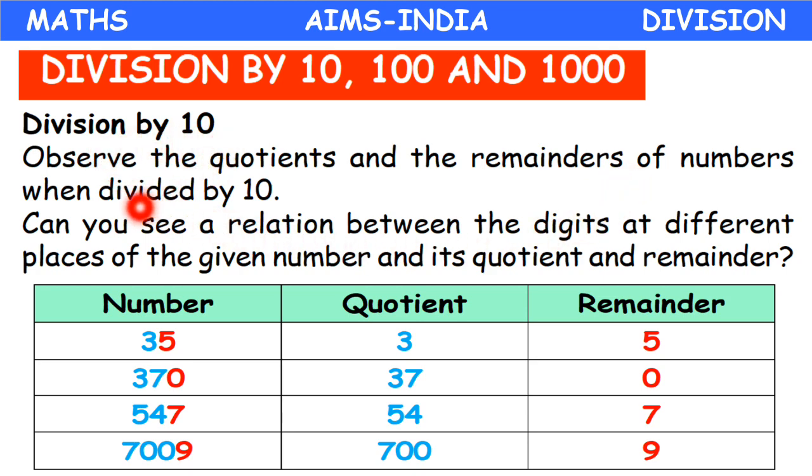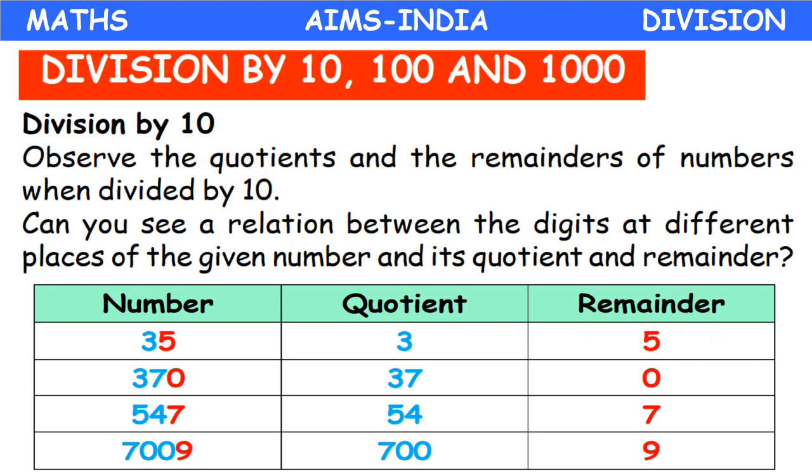Now division by 10. Observe the quotients and the remainders of numbers when divided by 10. Can you see a relation between the digits at different places of the given number and its quotient and remainder? Now what are they saying? See, here we are having 4 numbers. When divided by 10, these numbers gave these numbers as the quotient and these were the remainders. Okay, so what we need to do is observe the number, quotient and remainder and see what is the pattern that is followed when we divide a number